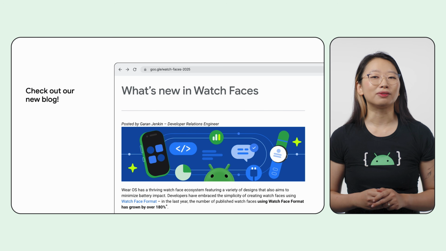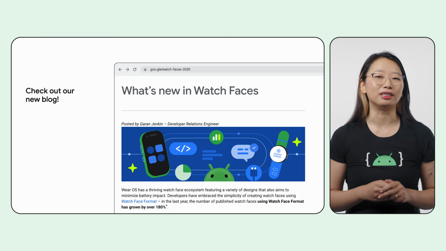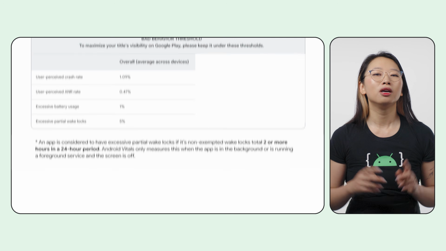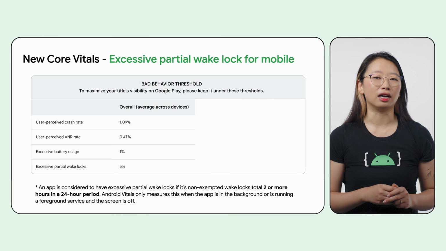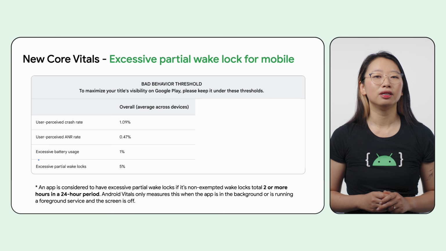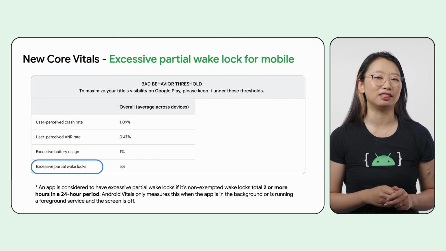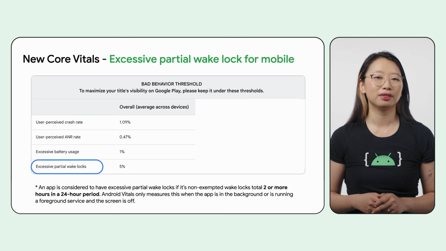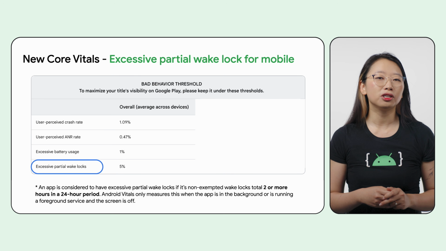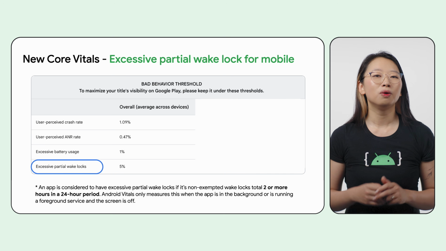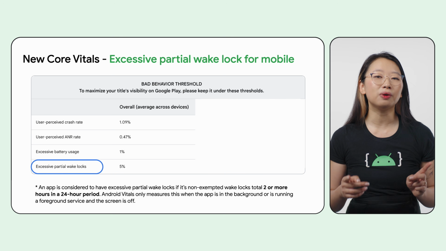The recommendations around wake lock usage will also apply to Wear OS applications. What we'll focus on for this talk is the mobile device metric. We have introduced the excessive partial wake lock metric to the general audience, recently leaving beta. Android Vitals considers partial wake lock usage as excessive when wake locks are held for at least 2 hours in